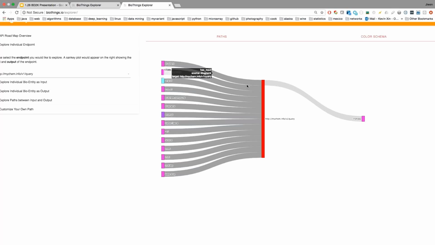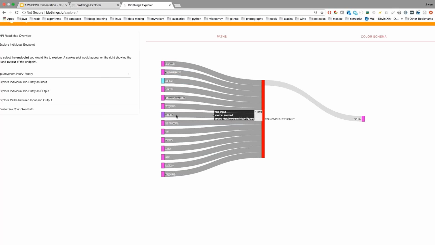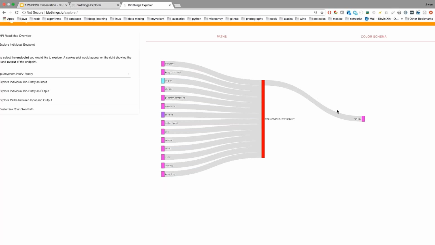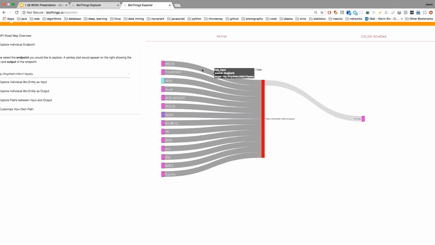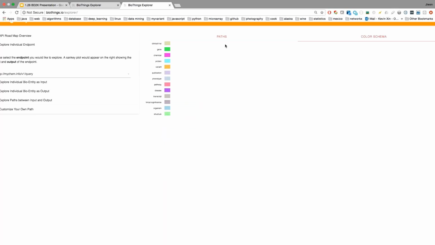For example, this is the MyChem.info API, and the input of the API is DrugBank, UniProt IDs, SNOMED IDs, UNII IDs, and the output is an InChIKey. So you can convert from DrugBank to InChIKey. And different colors represent different semantic types. You can look at the